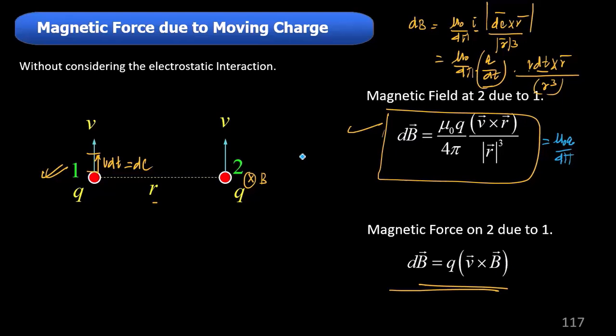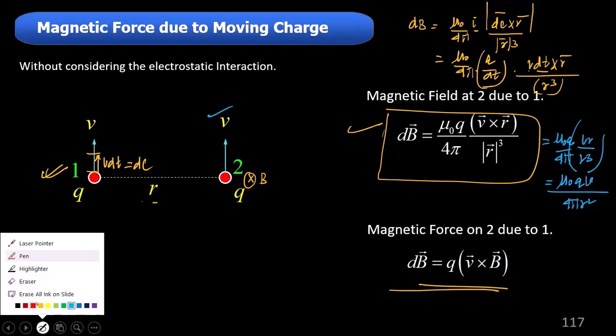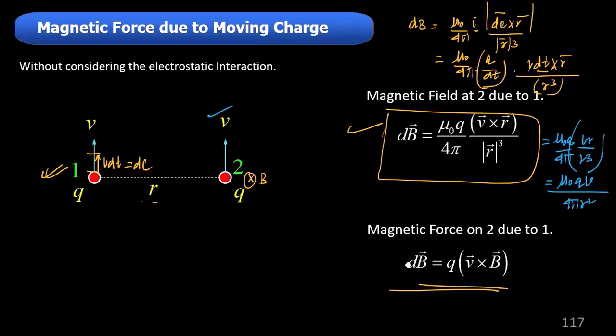v cross r মানে কি? v r sin 90. v vector, r vector পার্পেন্ডিকুলার টু ইচ আদার, সো v r, basically here by r cube হলো। তাহলে কি হলো? mu naught q into v divided by 4 pi r square. This is the B. And corresponding, what is the magnetic force? So this is not B, this is the magnetic force. এইটা হচ্ছে ম্যাগনেটিক ফোর্স। ম্যাগনেটিক ফোর্স অন 2 due to 1, দ্যাটস